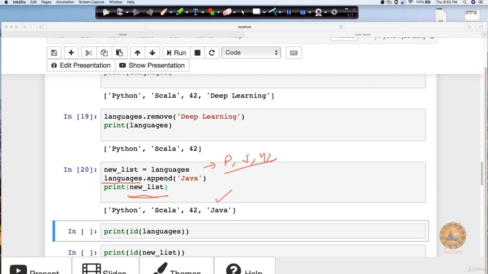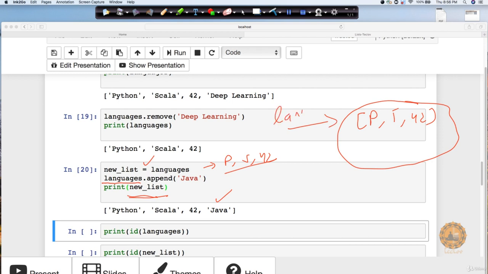The reason being, when you use the assignment operator on a list, they both are still sharing the same memory location. So earlier, let's say these are the values sitting in memory: Python, Scala, 42. It was being referenced by languages. I'm writing in shortcut.